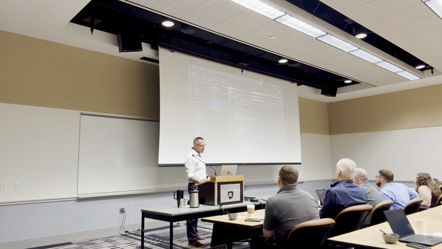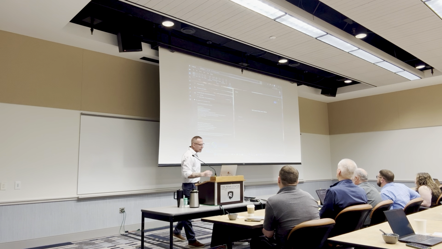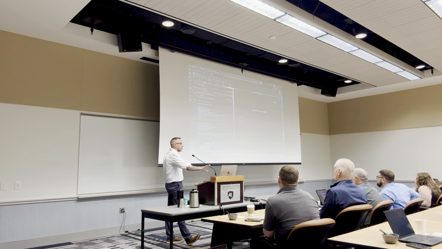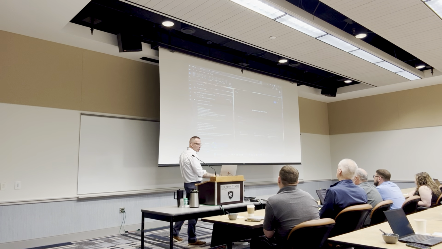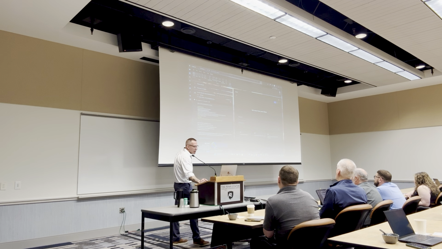So again, here's my email, there's my Copilot button. I pull that up on there. It's gonna give you the same dashboard that you have when you have your chat. And how you know that it's working with this email, if you look right here, it's gonna tag it. So it's only gonna pull information from up there. This one isn't very long, so hopefully it does work with me.